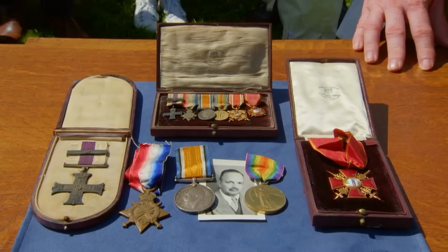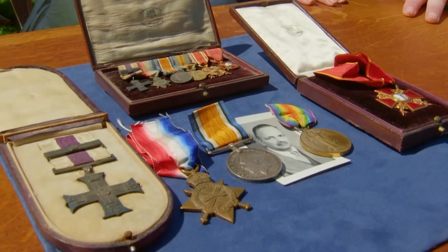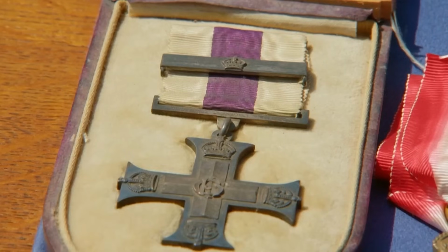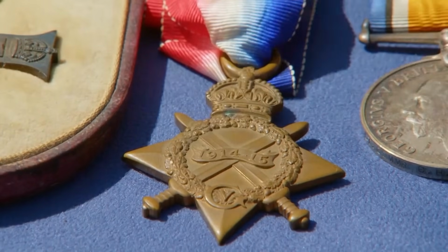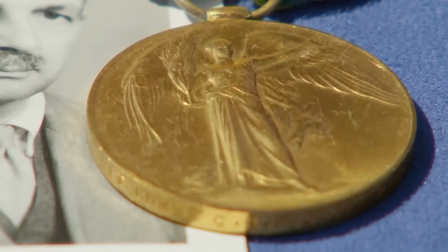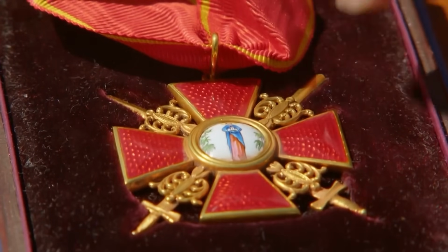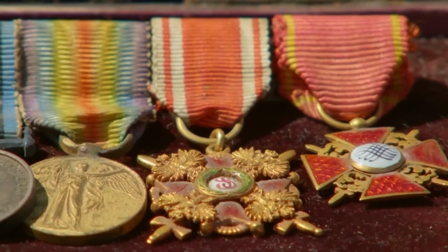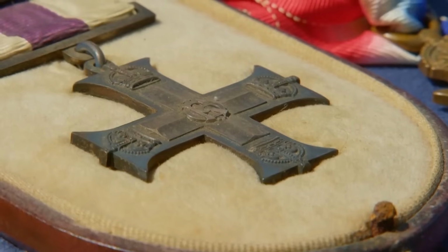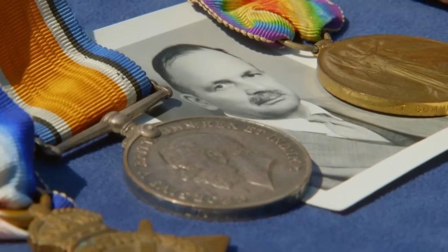The owner's great-grandfather's medals were brought out at a dinner party by their grandmother, but one of the medals mysteriously disappeared after that. The appraiser identifies the medals, including the Military Cross and Bar, the 1914-15 Star, the British War Medal, Victory Medal, known as the Trio. Then you have this wonderful thing on the end, and this is the Russian Order of St. Anne. The missing medal is the Order of St. Stanislaw. The great-grandfather likely earned these medals for his service on the Western Front and in Russia, fighting against the